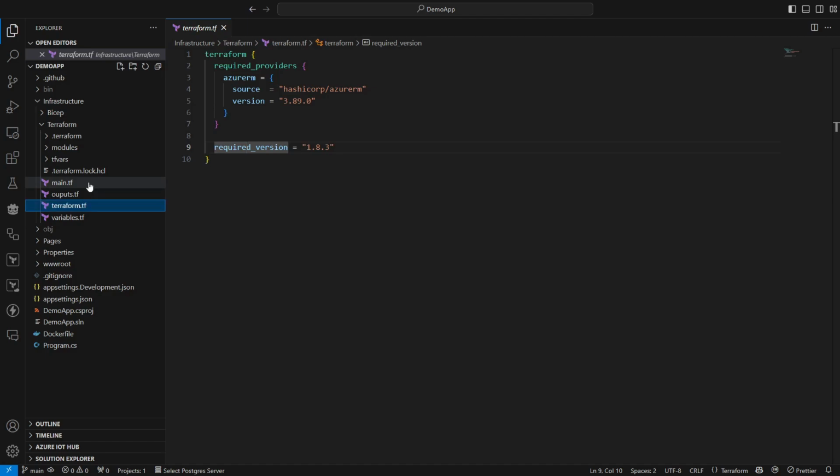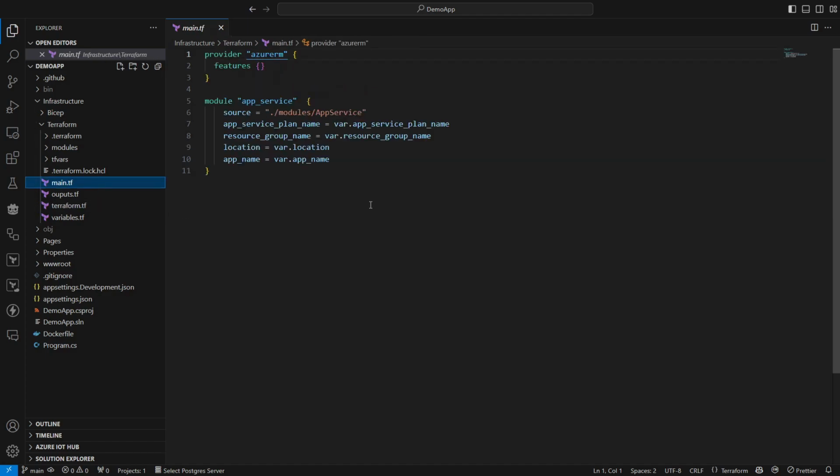Then we have our main.tf file. In here, we again reference our provider and any features that we might need to enable on that provider. And then I have a module here. This module gives us the directory to the module and sets a set of parameters from these var objects.